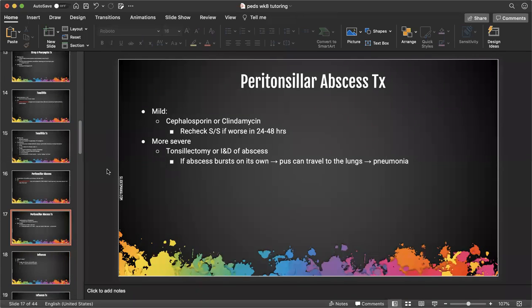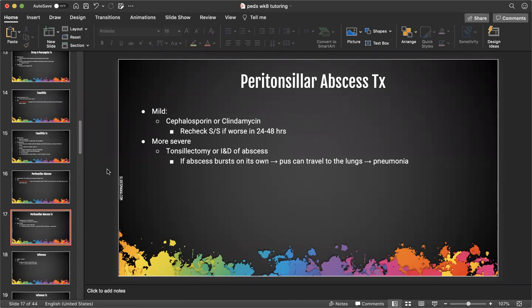So for mild peritonsillar abscess treatment, they can have either cephalosporin or clindamycin. You want to recheck their signs and symptoms in 24 to 48 hours if they're presenting worse. And then if it's a more severe case of peritonsillar abscess, they'll have a tonsillectomy or an I&D of